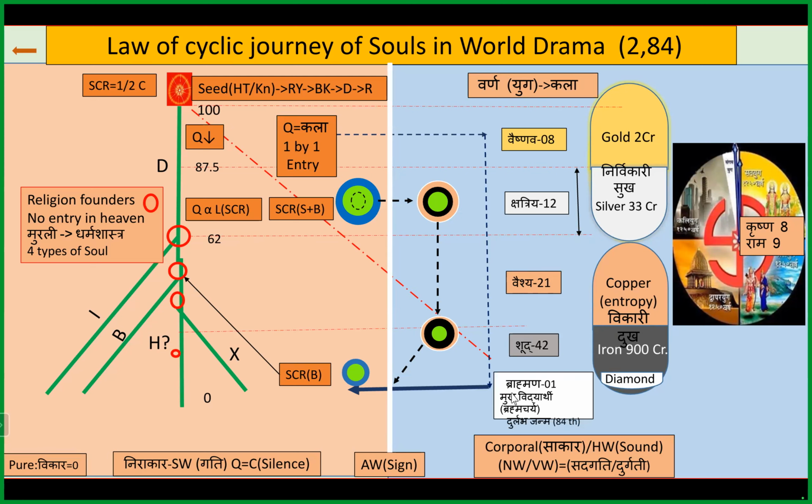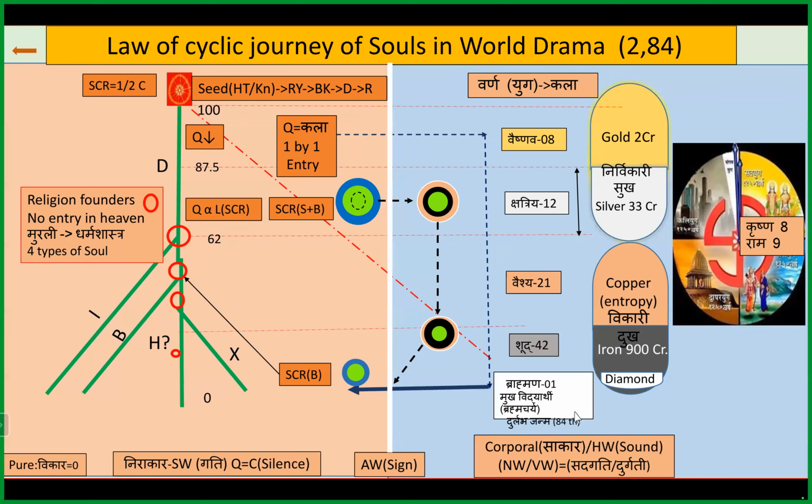So total are 83. And then there's a Brahman birth, this is one birth, this is a Mukh Vidyati, and this is the diamond age where we interconnect with God, and this birth is very unique. So we say that this is Durlabh. This is the 84th birth, and of course you are a student, so being a brahmachari is also mandatory. Then you can get connected to the Supreme Soul, and this is a rather unique birth.